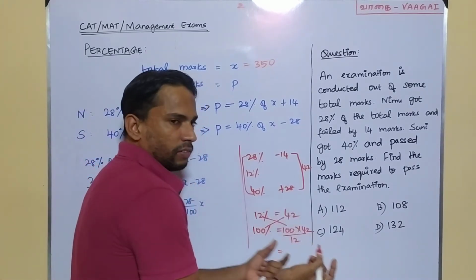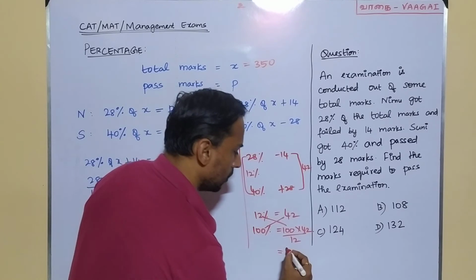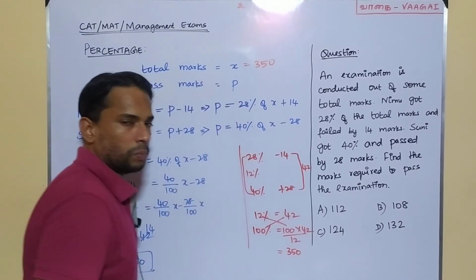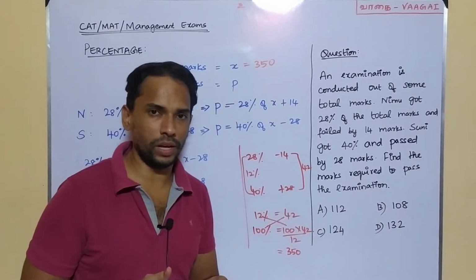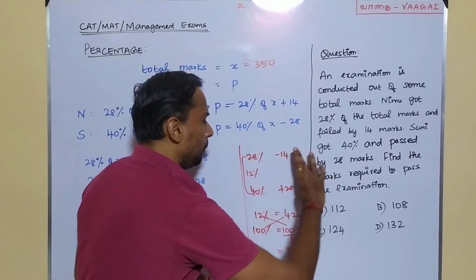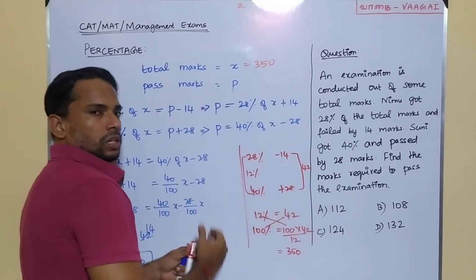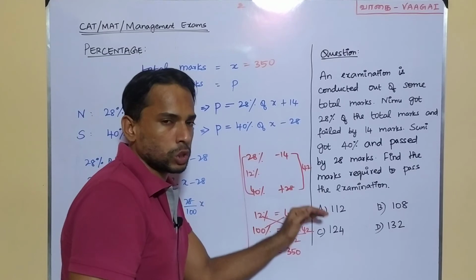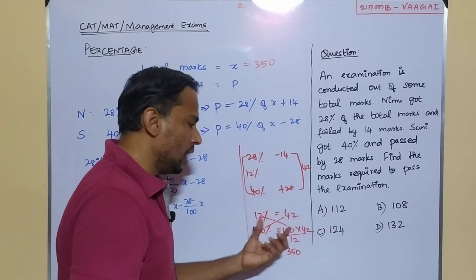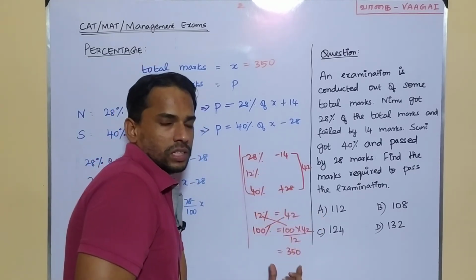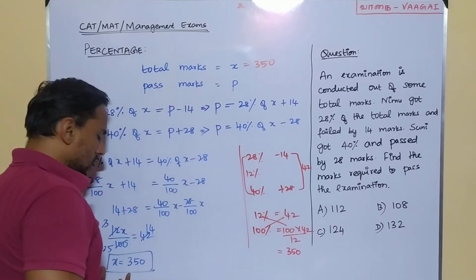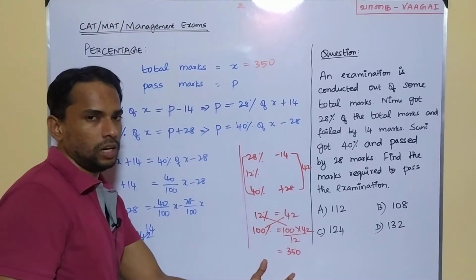So if I do it, I will be again getting the same value. Very simple. Answer will be 350. I hope you are getting this logical point of what we are following. Just checking the gap between these two students' marks percentage wise as well as marks wise. We are just making a comparison, and that itself is giving us the answer. I mean that itself is helping us to get the total marks.